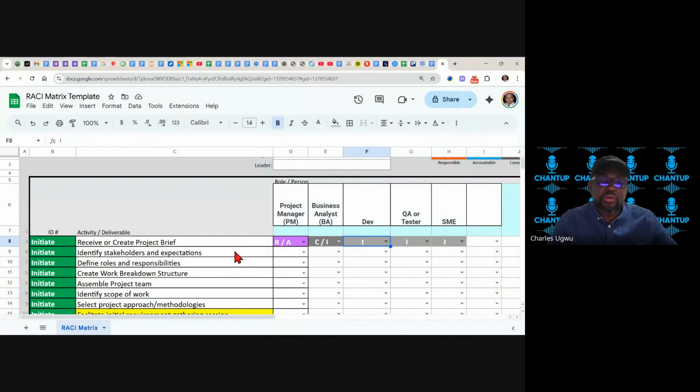So identifying stakeholders and their responsibility, you see here, this person is supposed to be responsible and accountable, and the business analyst, because business analysts need to work with stakeholders a lot. So a business analyst is responsible for identifying his own stakeholders he needs to work with and interview. The way a project manager relates with stakeholders is going to be different from the way a business analyst is going to be